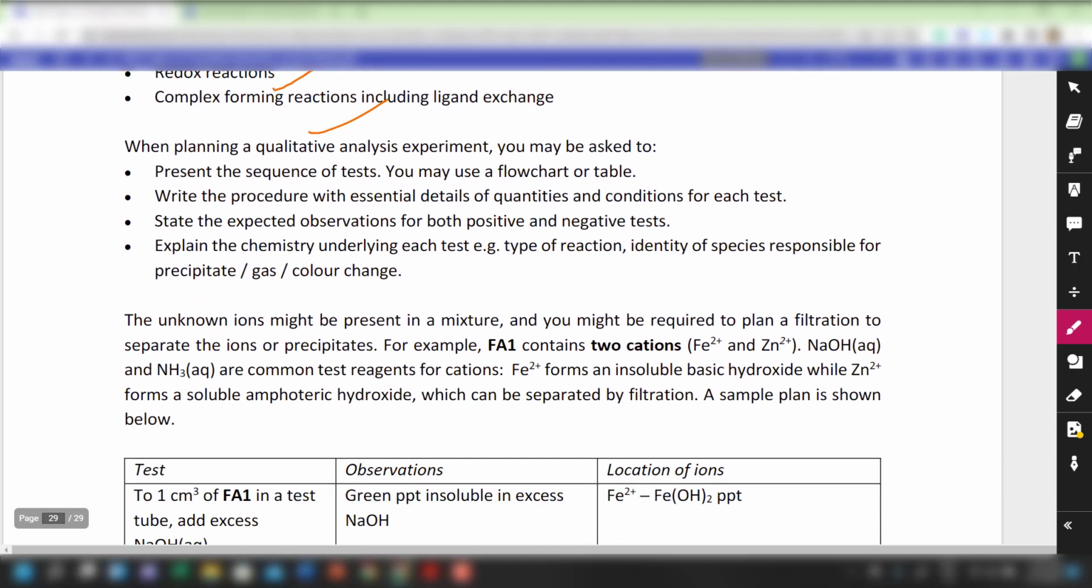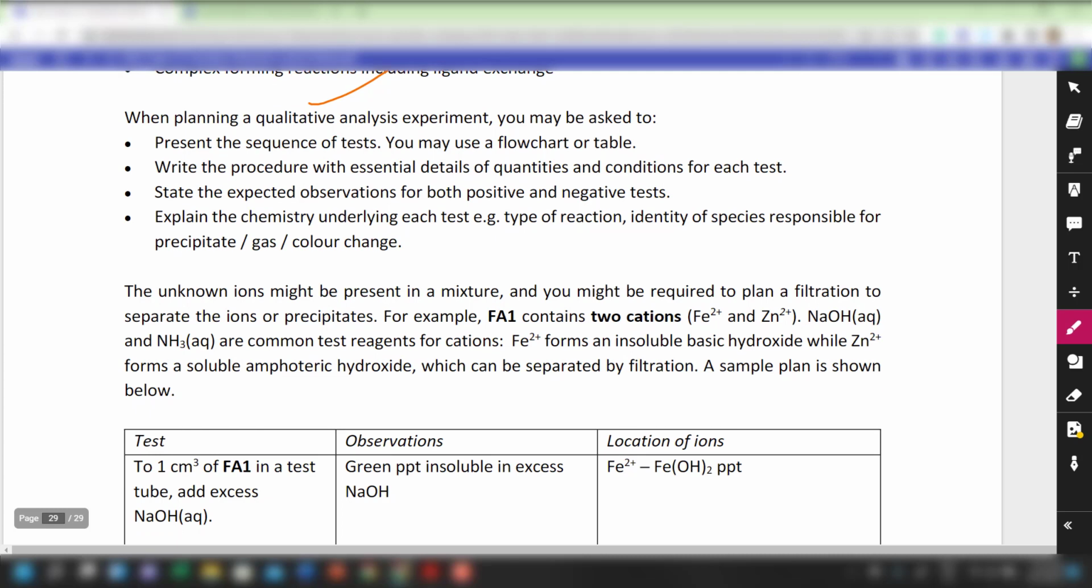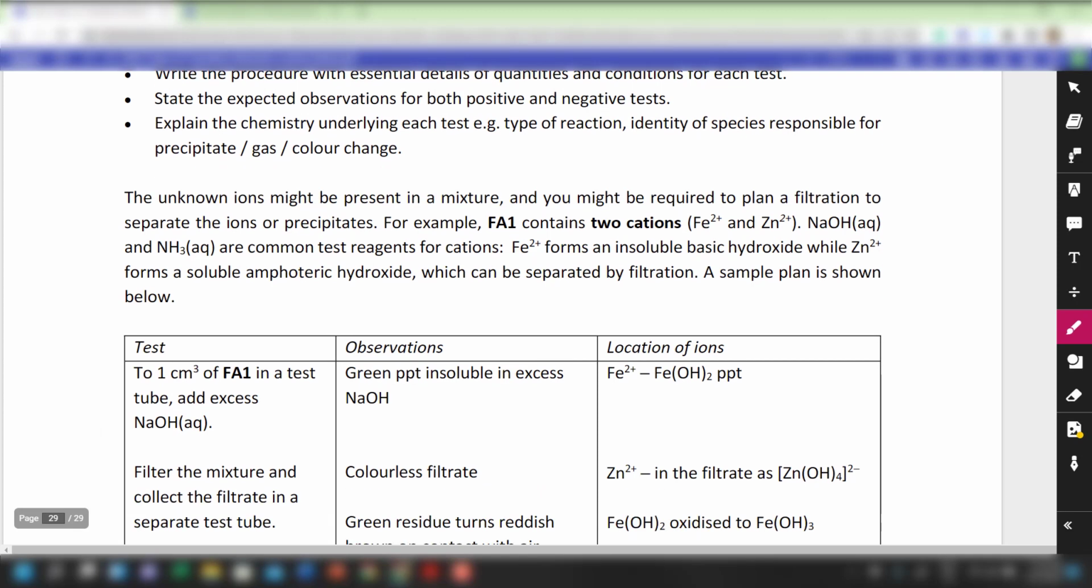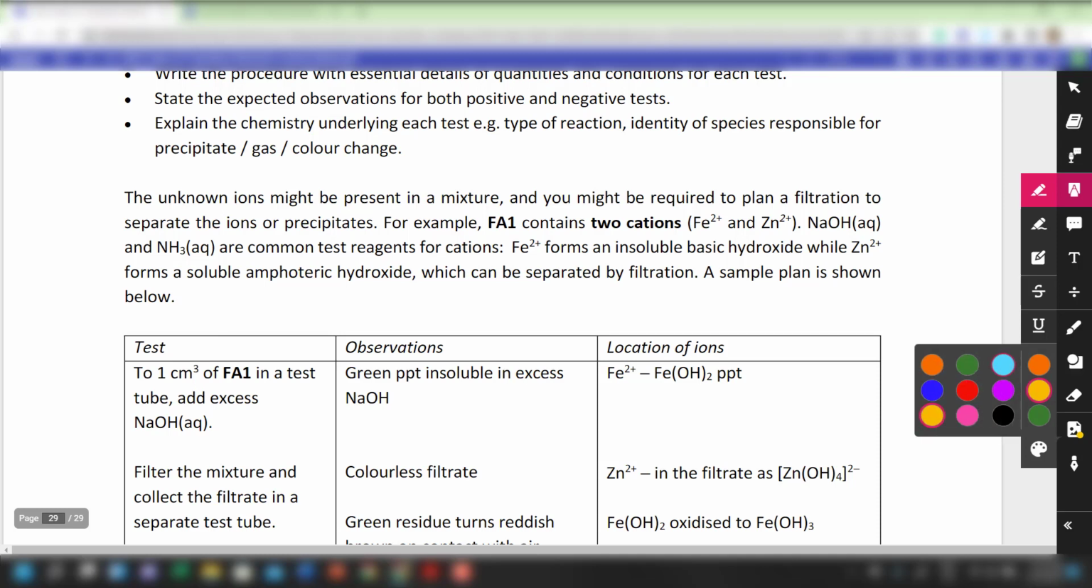Okay, so when you plan separation, you may be asked to present your data in a sequence of steps. You may use a flowchart or table. Personally, I would prefer table to flowchart, but it's up to your preference. And then state the positive and negative test and include some details, like for example 1 cm depth of the unknown FA1. So for example, in our hypothetical scenario, we have FA1 containing 2 cations, iron(II) and zinc(II),